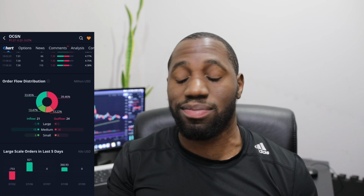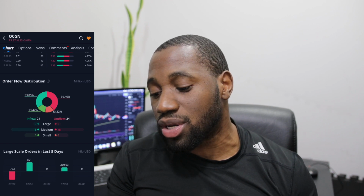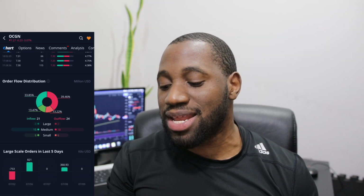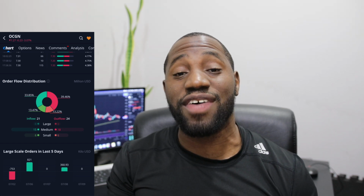You can see this is also in million USDs. On the outflow, we had 24, we had 0 on the large, medium on the 18, and then small on the 6. When we take a look at the large scale orders in the last 5 days,